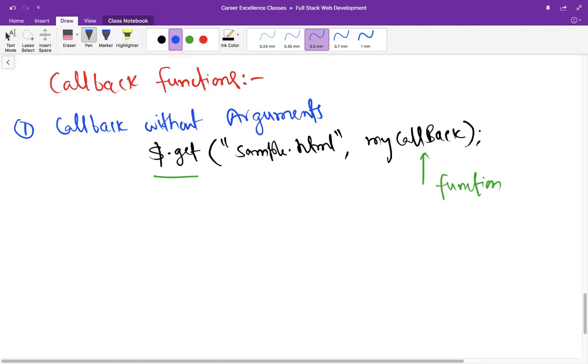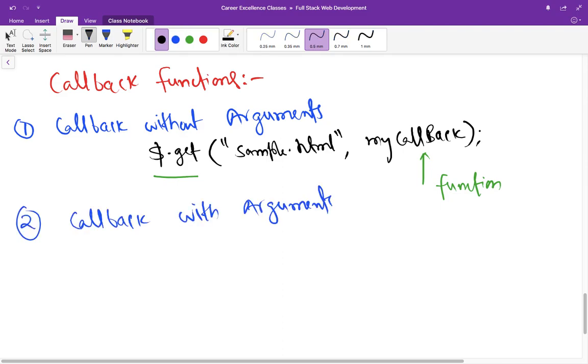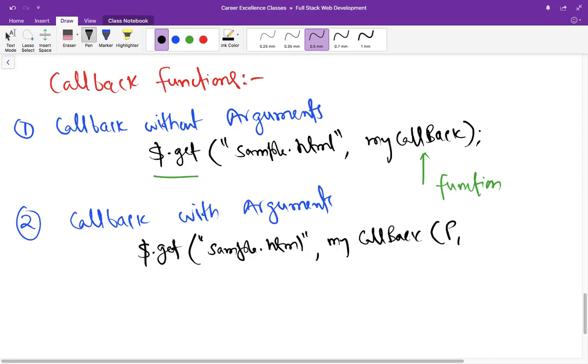Now let us talk about callback with arguments. Executing callbacks with arguments can be tricky. So let us first write a wrong code and see why it doesn't work. Here P1 and P2 are parameters to the function.